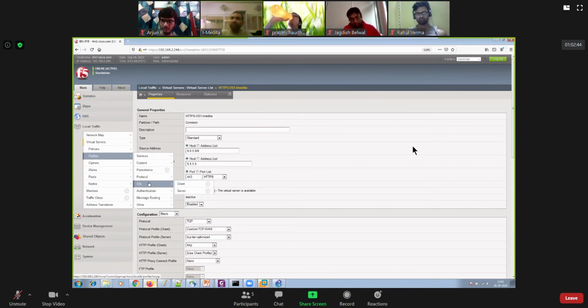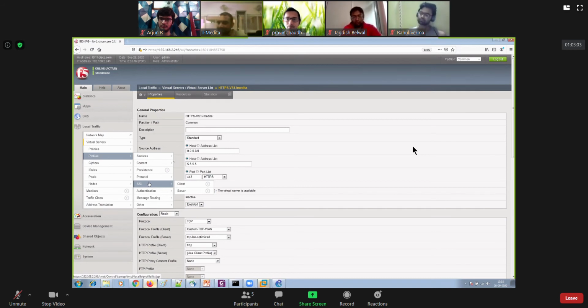Now that we have discussed the protocol profiles, let's talk about the SSL profile. As I said before, the best use of the SSL profile is to perform SSL offloading, right? And that's what we have been doing for a long time, for the last 3 weekends.